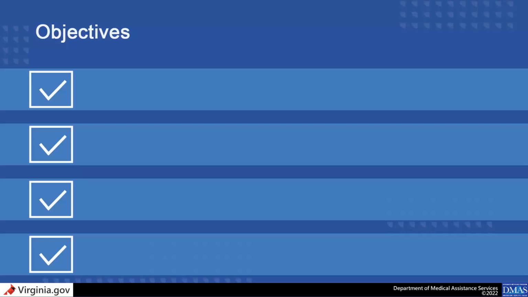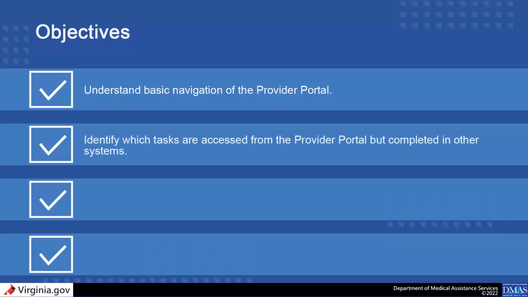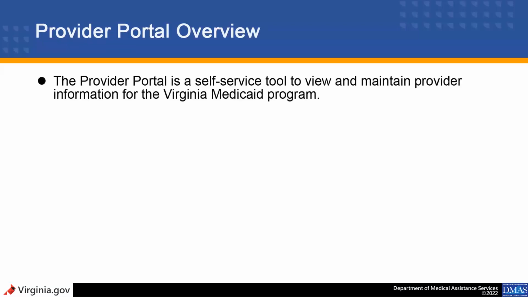By the end of this e-learning training, you will be able to understand basic navigation of the Provider Portal, identify which tasks are accessed from the Provider Portal but completed in other systems, manage provider information, and identify where to manage delegate information. The Provider Portal is a self-service tool to view and maintain provider information for the Virginia Medicaid